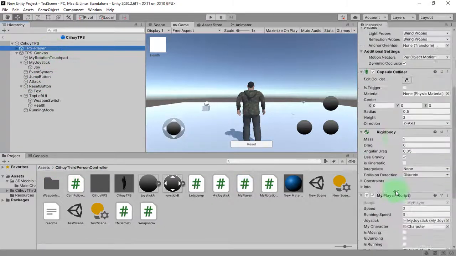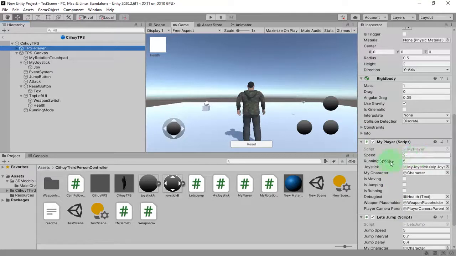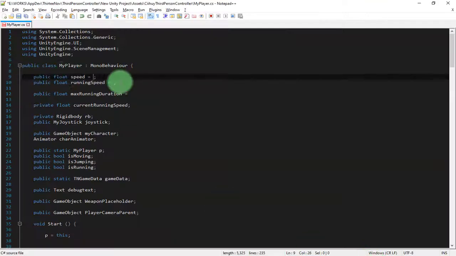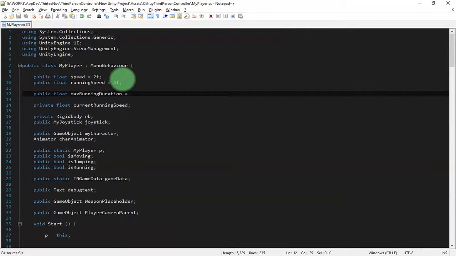My default speed is 2 and running speed maybe 4 is enough. So here I use 2f and this one 4f, and max running duration maybe we set to 5f, 5 seconds.